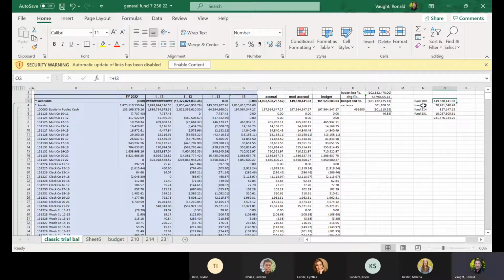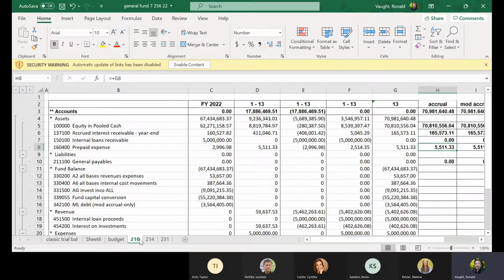For the GAAP basis financial statements, we actually combined 4 funds in order to figure out the GAAP. So for your reconciling items,